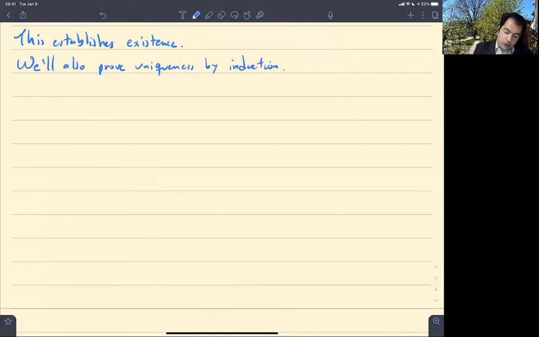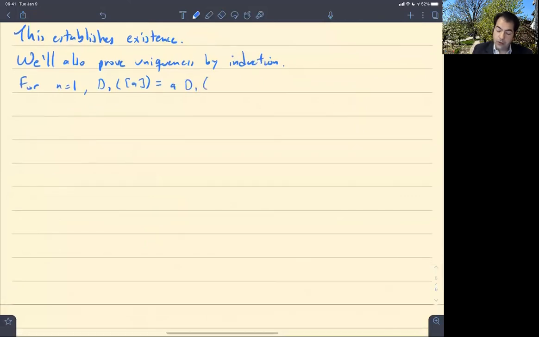Okay, so for n equal to 1, uniqueness is immediate, right? The only possible normalized and linear function is just the identity, just the determinant function of a 1-by-1 matrix is just whatever the entry is. So let's assume